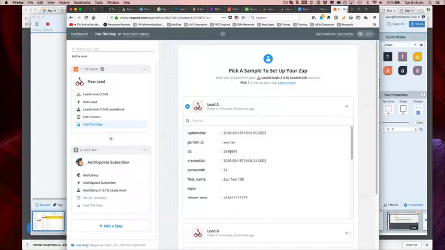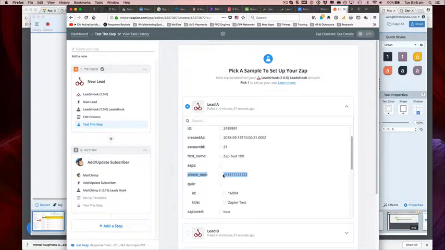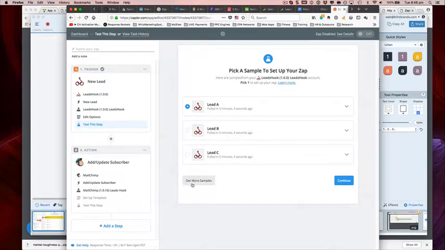So what you're going to see is, okay, this is a new field that I'm trying to test with. It's just a new phone number field, and when you go ahead and grab more samples, your latest lead will pop up, and that's this one here. Now that we've got that, this is the one that I want to map. So I want to go continue,